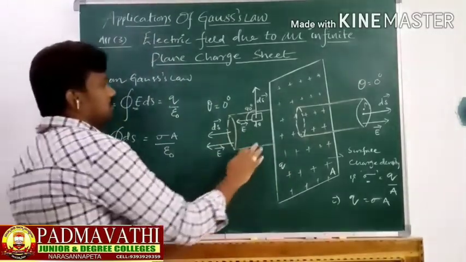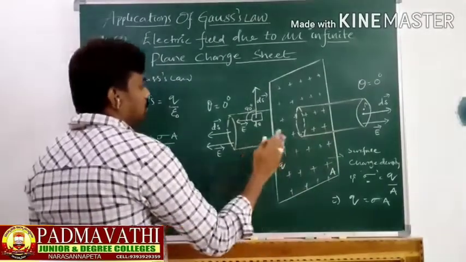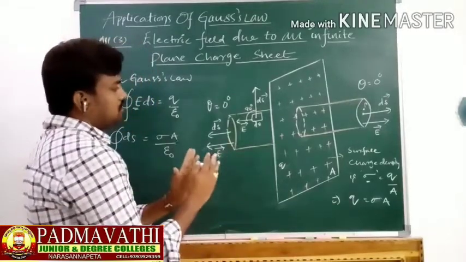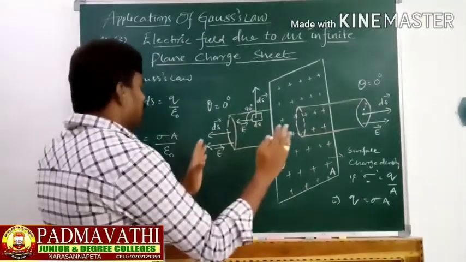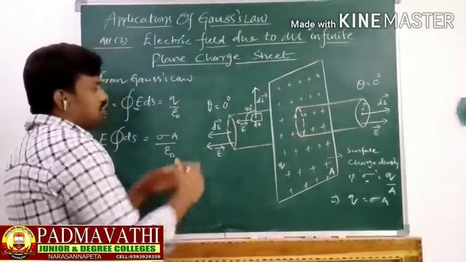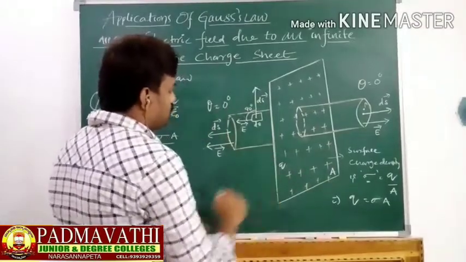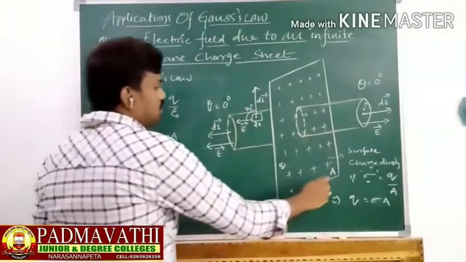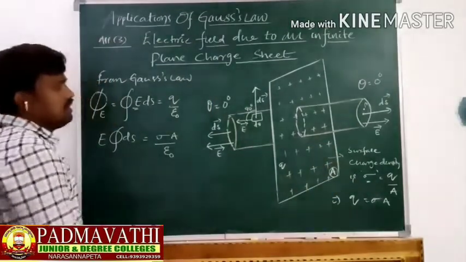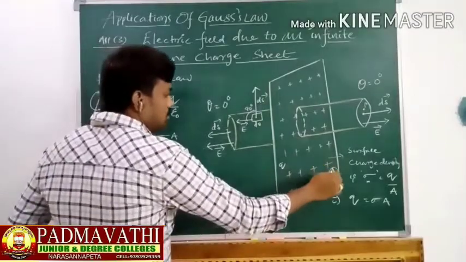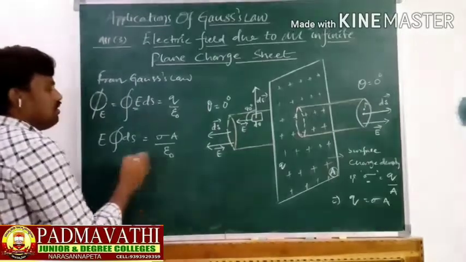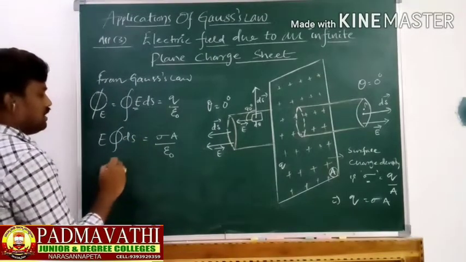So here, as the sheet is being charged on both faces, both these two faces are going to give the electric flux on either side. So the total electric flux is coming out of the two surfaces, and the two surfaces are going to carry surface area. One side is going to be A and the other side is also going to be A. With the two surfaces, we are going to take the total surface area as 2A.